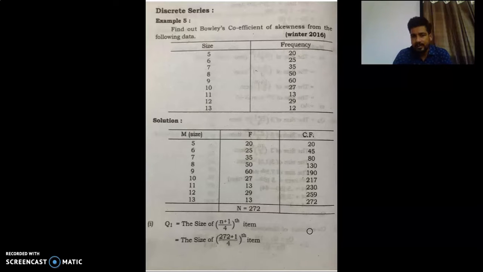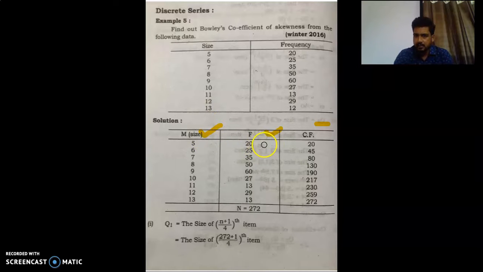Now we have to tabulate the data as per the requirements of discrete series. The first column we mention as it is, the second column is of frequency, and the third column that we have to prepare is the cumulative frequency. For these first two columns, we already had the data. The third one that we prepared is the cumulative frequency, because we have to calculate the median. There is no need to arrange the data in ascending order because it is already arranged.